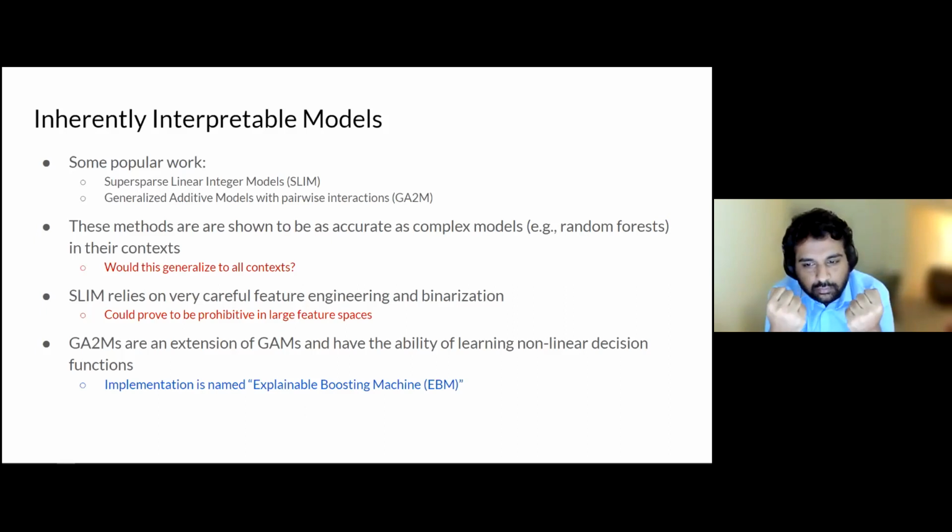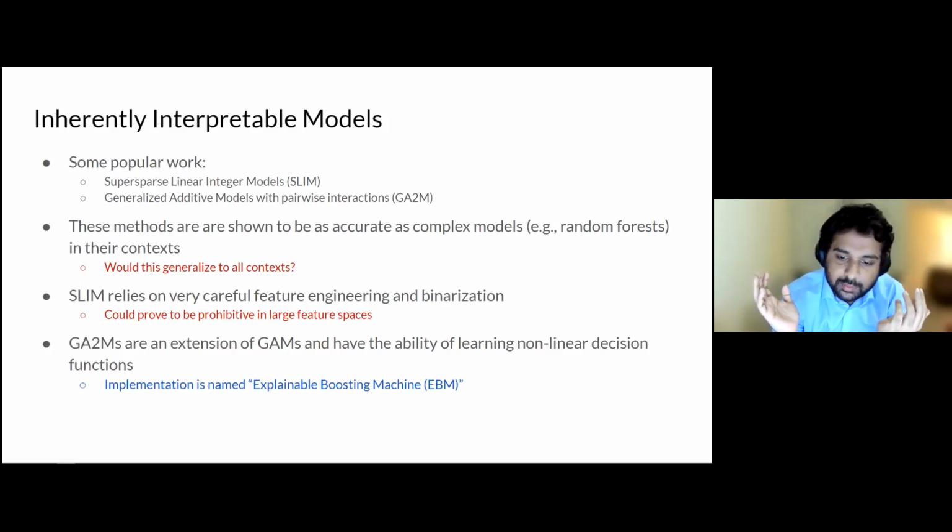There's this butting of heads in the principles there. And the other thing is this binarization and feature engineering can be prohibitive in a very large feature space, because